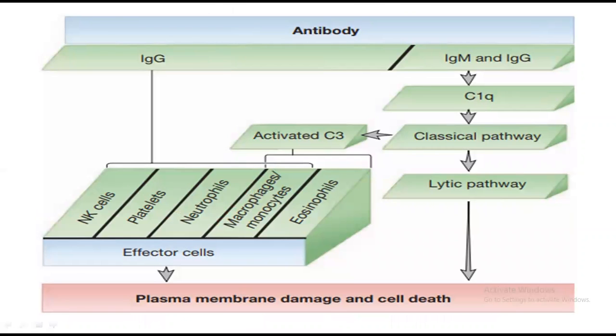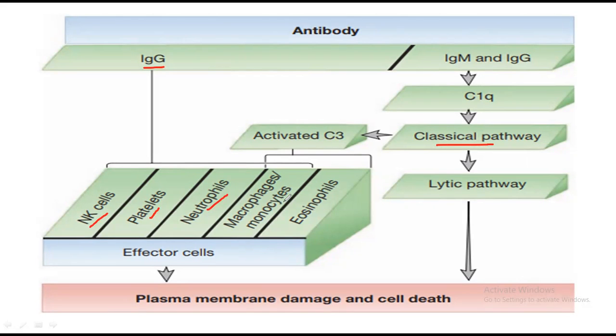Just look here. If there is an antibody and it is activated, IgG and IgM will be produced. It can activate the classical pathway of the complement system. It can also activate different natural killers, platelets, neutrophils, macrophages, eosinophils. And these cells can also affect our normal body cells, because they are produced in massive amount. So when our RBC are killed, they produce different components that can also affect our normal body cells, okay.